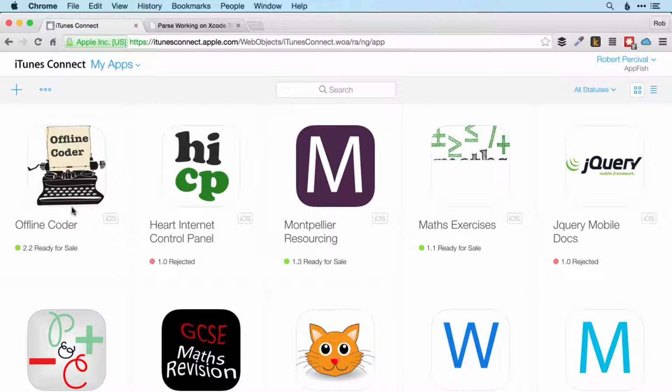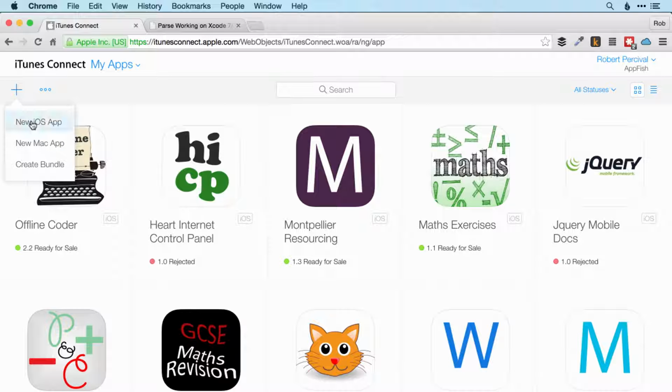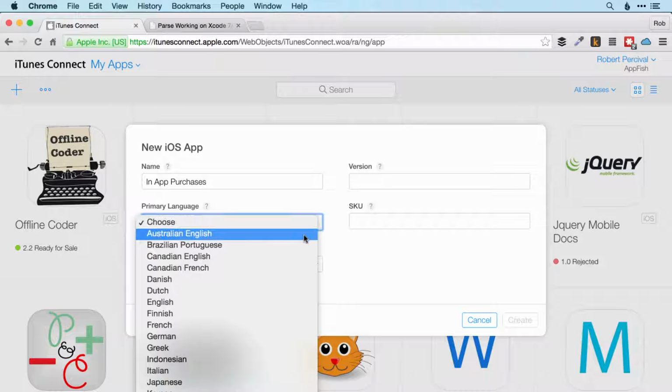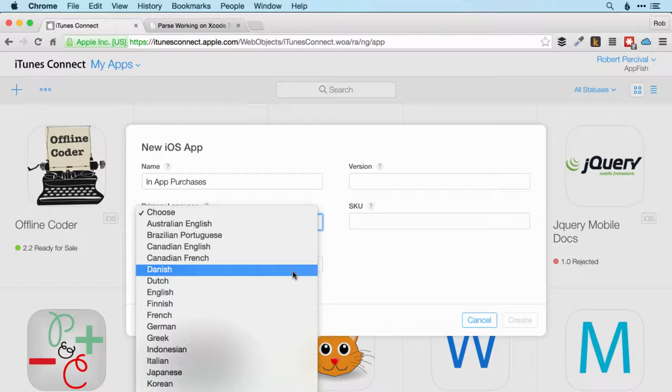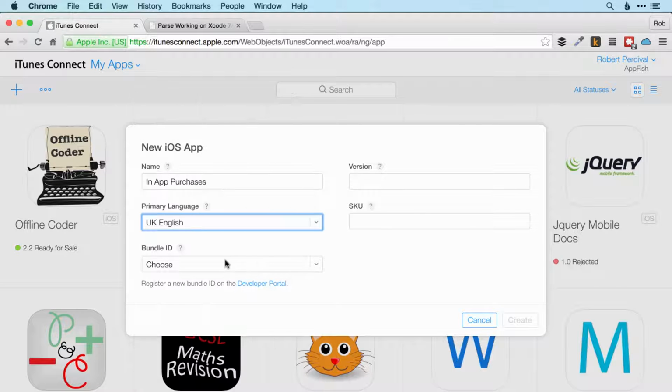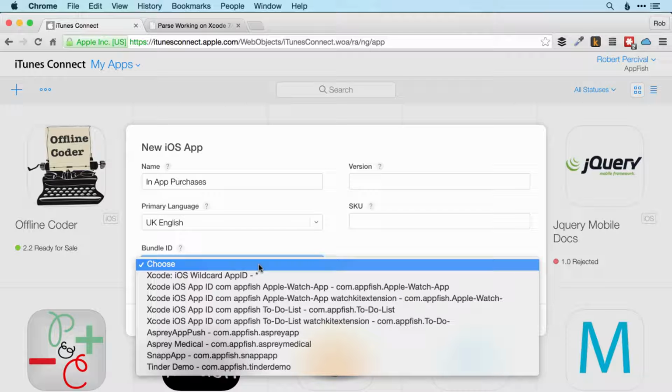And then we want to create a new app. So just click the plus there, and we want a new iOS app. So the name is in-app purchases. Obviously that's an awful name to actually use if you're going to publish to the App Store. I wouldn't use anything like that, but it'll do for now. So I'm going to use UK English for the language, bundle ID,